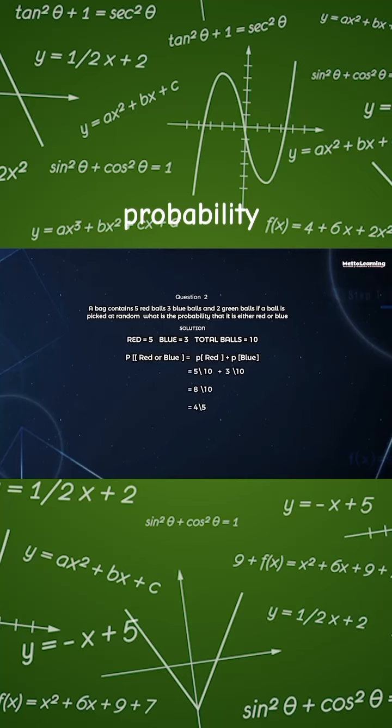Yes, 10. So the probability that it is red will be 5 over 10, plus the probability that it is blue, that will be 3 over 10. So taking the LCM, that will be 10 as our LCM factor, then adding the numerator values together, and that will be 8 over 10. So when you divide